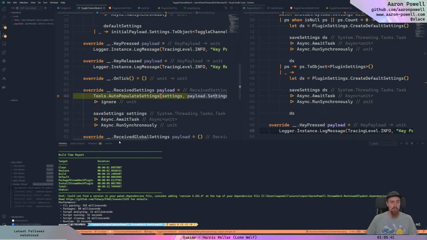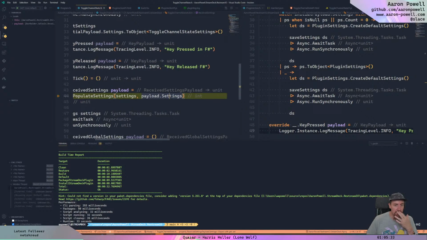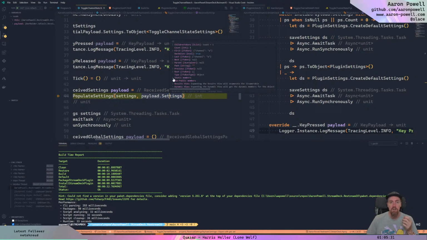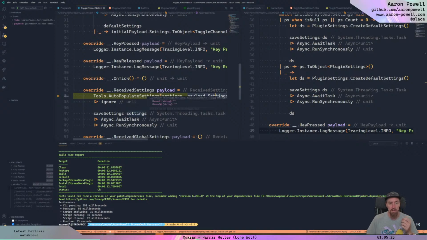Settings being our local one, it doesn't have a channel set. And then we've received this JSON thing. And if we then step over,